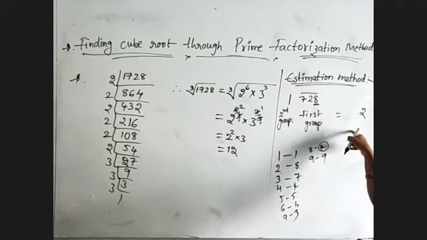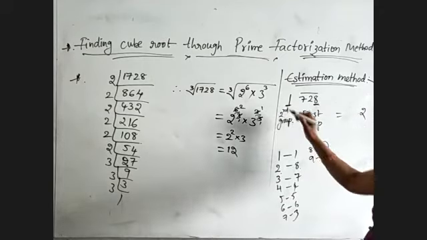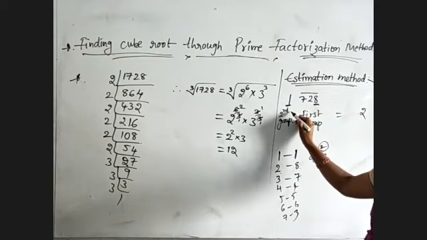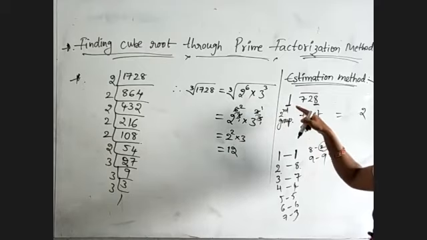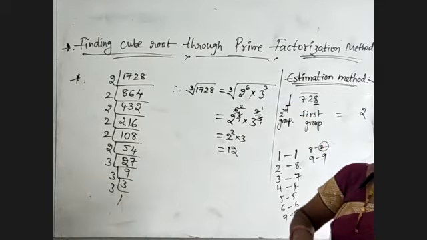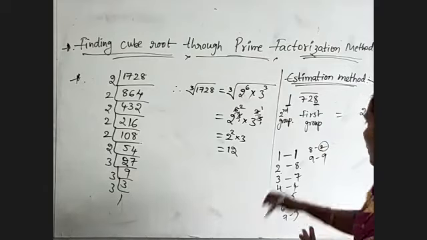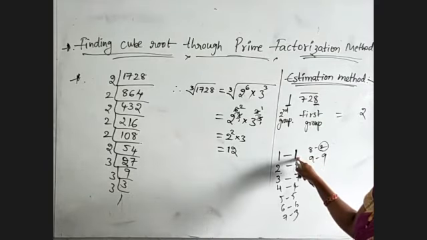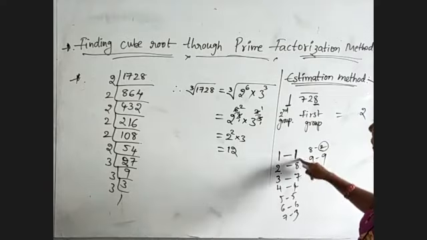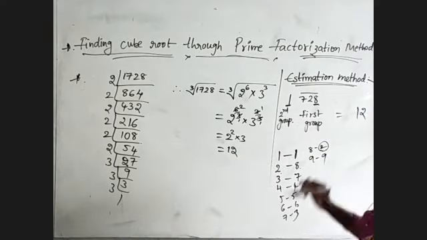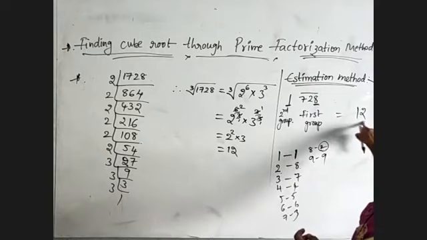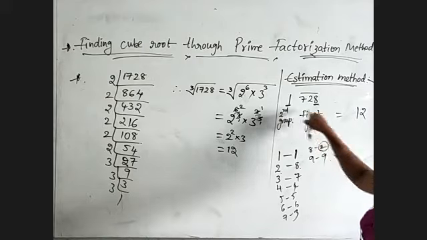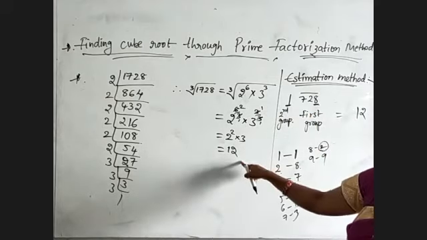We are finding. Now 1 we have. So 1 cube is equal to 1. We need to select such that the next pair is nearer to which of the cube values. So 1 is equal to 1. Nearer or equal, not more number. So here 1 is equal to 1 means 1 only we must take. So 12 is the cube root of 1728. That's what we got. Okay.